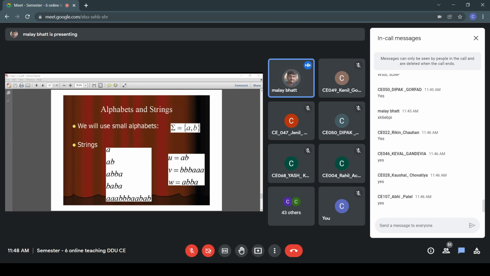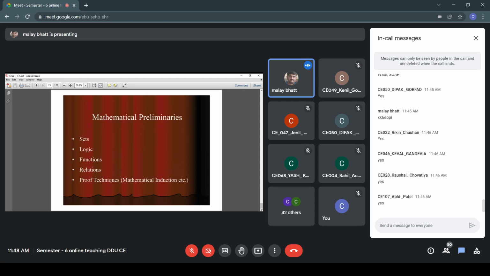Only two input symbols, A and B. Right? I hope it is clear. So that's why the formal language has a very limited input alphabet, and we are only doing a limited number of set theory operations like union, intersection, and concatenation. So we have very limited operations to achieve the goal.